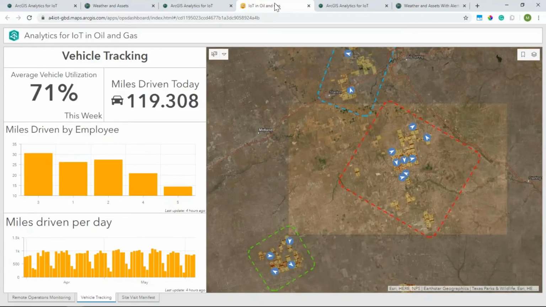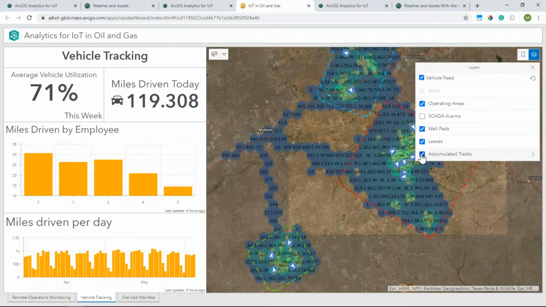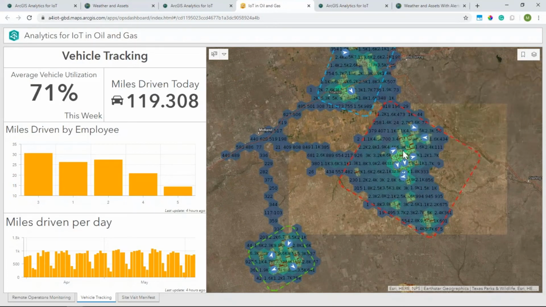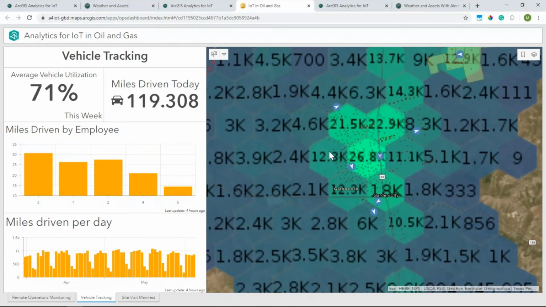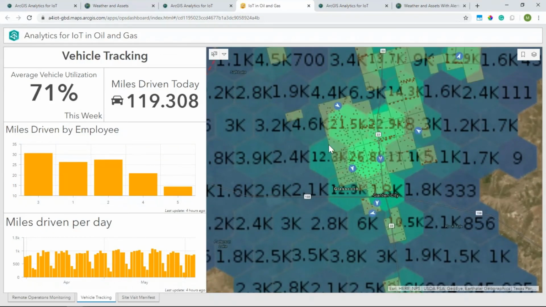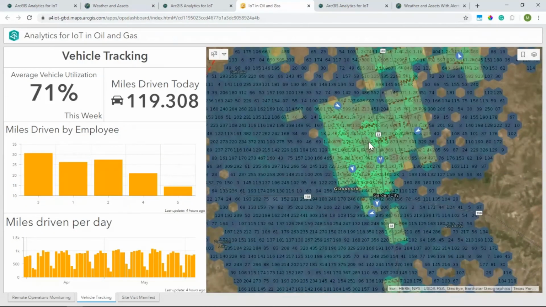If you take, for example, those vehicle feeds that we established in the beginning section, with just 100 trucks in a fleet capturing GPS tracks every few seconds, you can easily start to generate nearly 1 million records every single day. And Analytics for IoT provides a way for you to quickly visualize this data by dynamically aggregating the data into summary bins that update on the fly. As I zoom in, I'll see these summary bins updating, showing me the total number of records that fall within those areas.